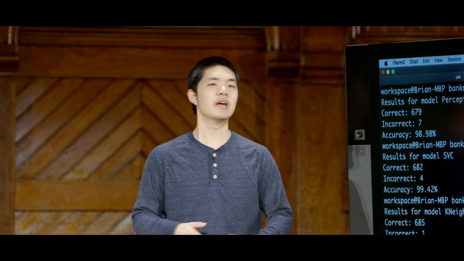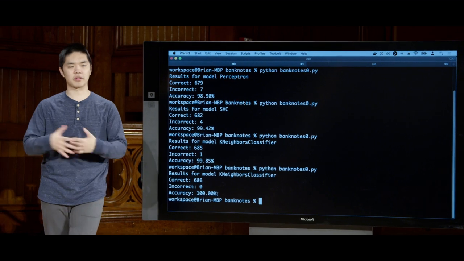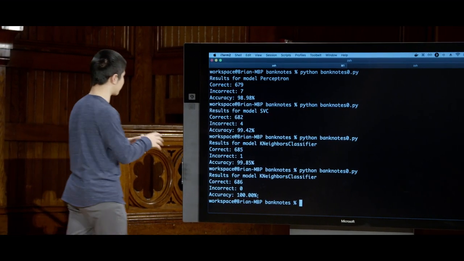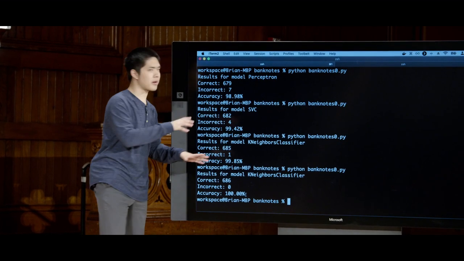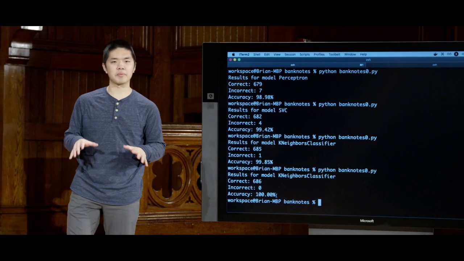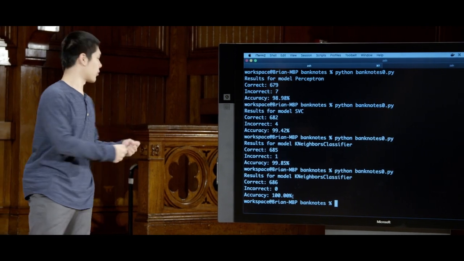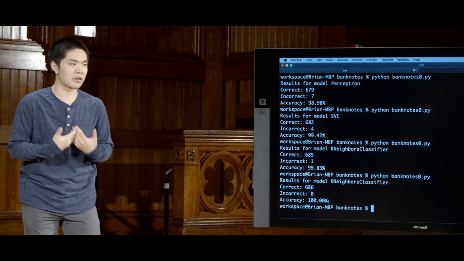We could run these experiments multiple times, because I'm randomly reorganizing the data every time. We're technically training these on slightly different data sets. And so you might want to run multiple experiments to really see how well they're actually going to perform. But in short, they all perform very well. And while some of them perform slightly better than others here, that might not always be the case for every data set. But you can begin to test now by very quickly putting together these machine learning models using scikit-learn